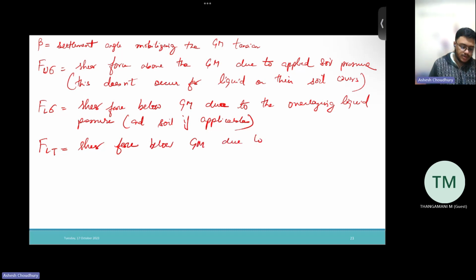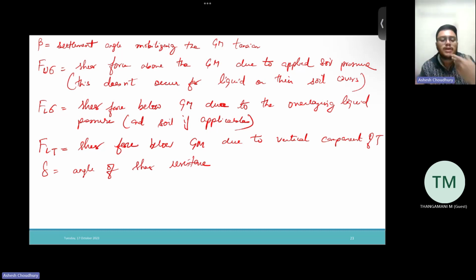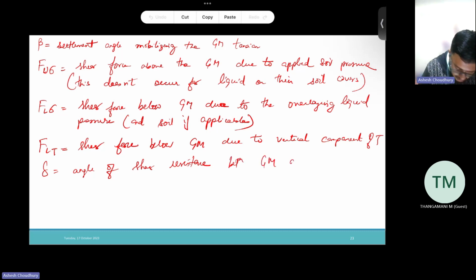The geomembrane is due to the vertical component of T. All the deltas are angles of shearing resistance, the relation between soil and geomembrane, and geomembrane to geomembrane, between geomembrane and